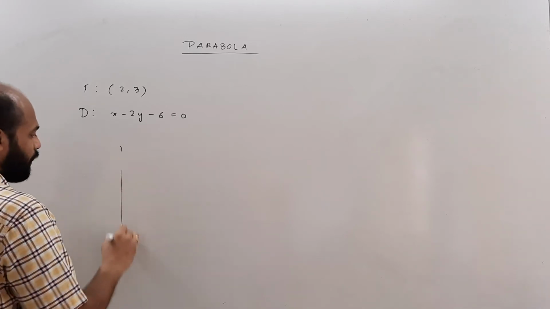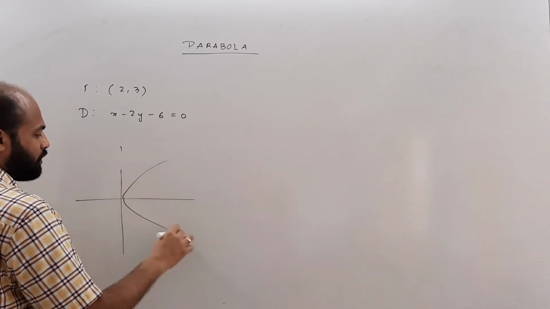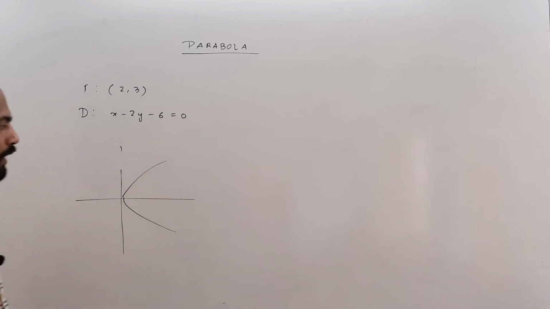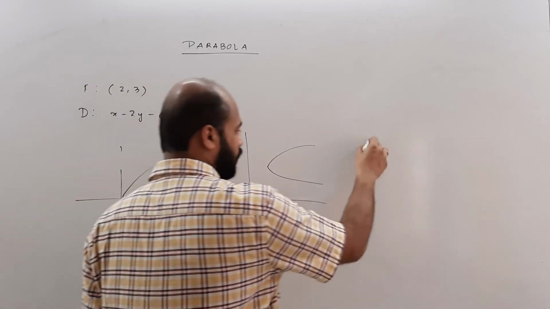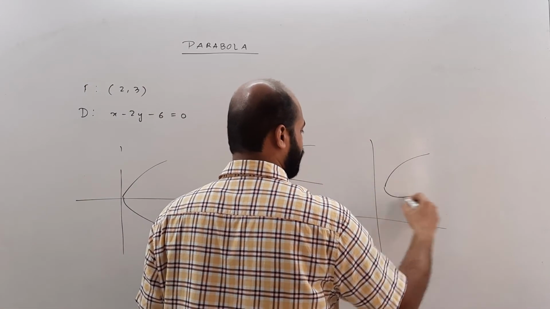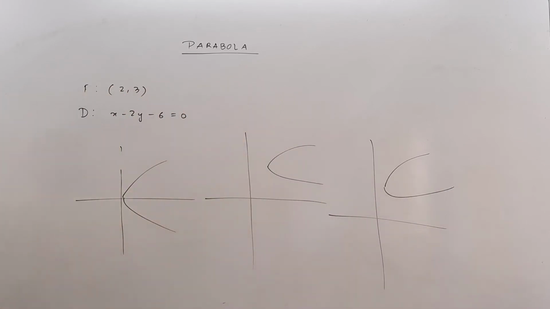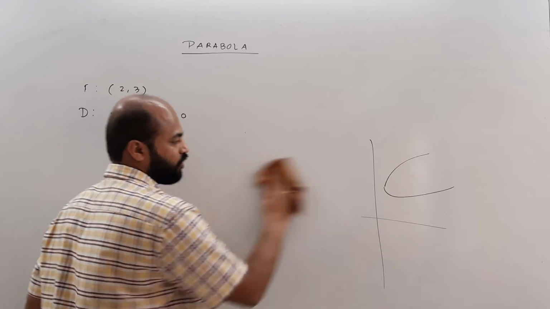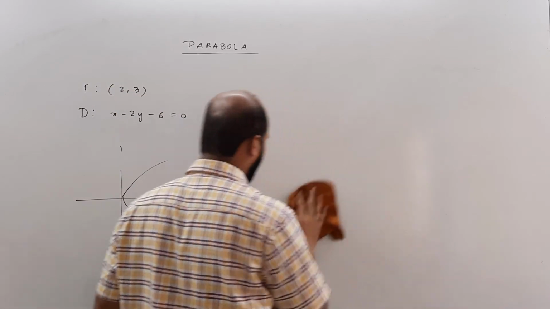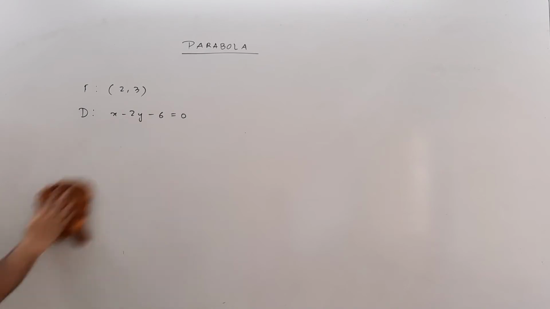Let's take another example. Now, this is not a standard parabola. That is, all this while we were studying a parabola which was symmetric about x-axis or y-axis. But now, the parabola can be this way also, or the parabola can be even this way, inclined at some angle. So let's not worry about all that, and what we'll worry about is the definition of parabola. So we know the definition of parabola, that is, we defined it as the locus of a point which is equidistant from the focus and directrix.